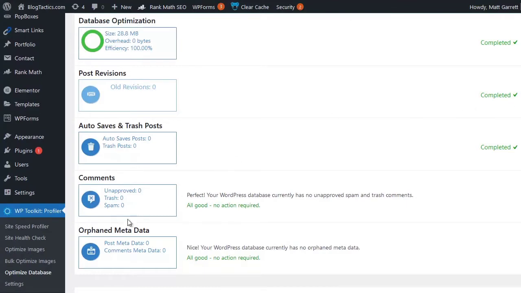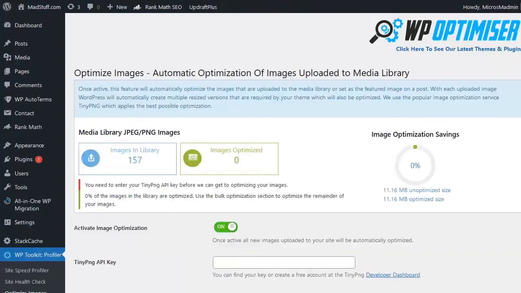Okay, next we're going to look at image optimization, but for this I'm going to pop back to the other blog we were looking at because this blog already has all its images optimized. Now, as you can see on this site, I've got 157 images in the library which are unoptimized. We can see the unoptimized size total here over on the right, and what we need to do is optimize all these images. First thing we need to do is down here at the bottom there is a link for